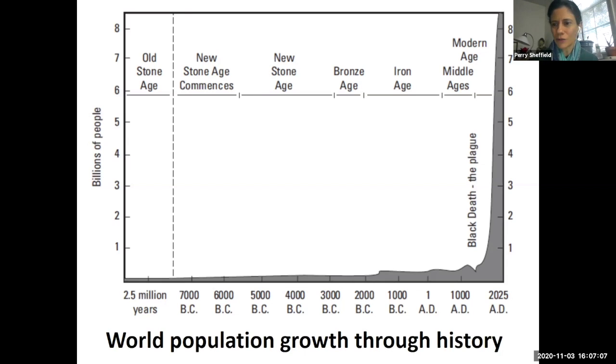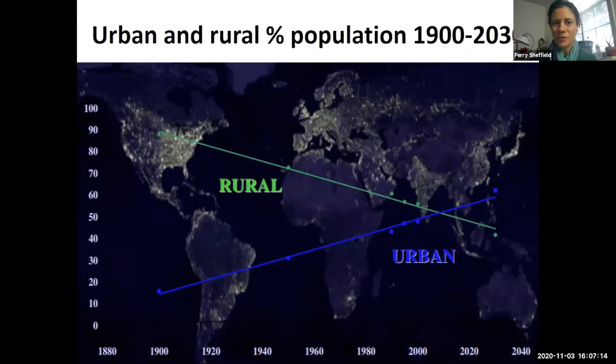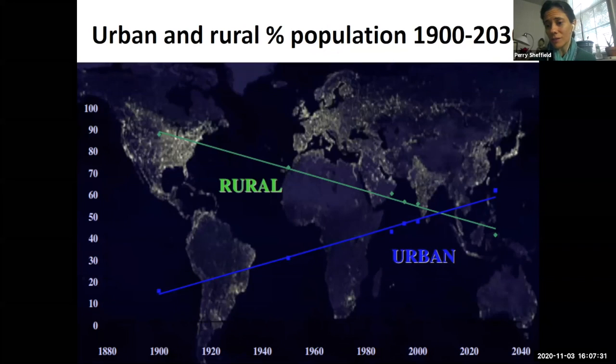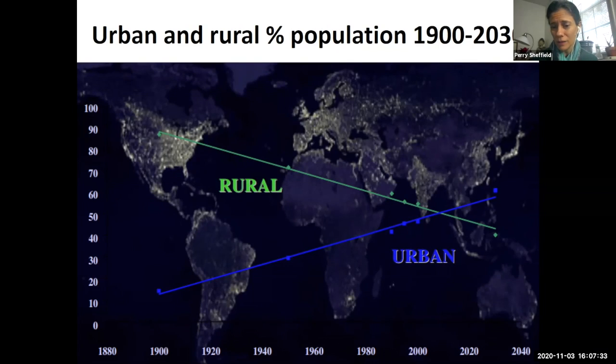And so it's not only just our total numbers on Earth that have really phenomenally changed, but where humans are living. And so in about 2010, the majority population no longer lived in rural settings. While there's still obviously hundreds of millions of people who do, the majority of the world's population, and that proportion is growing, live in urban or city areas. And this comes with some unique challenges.